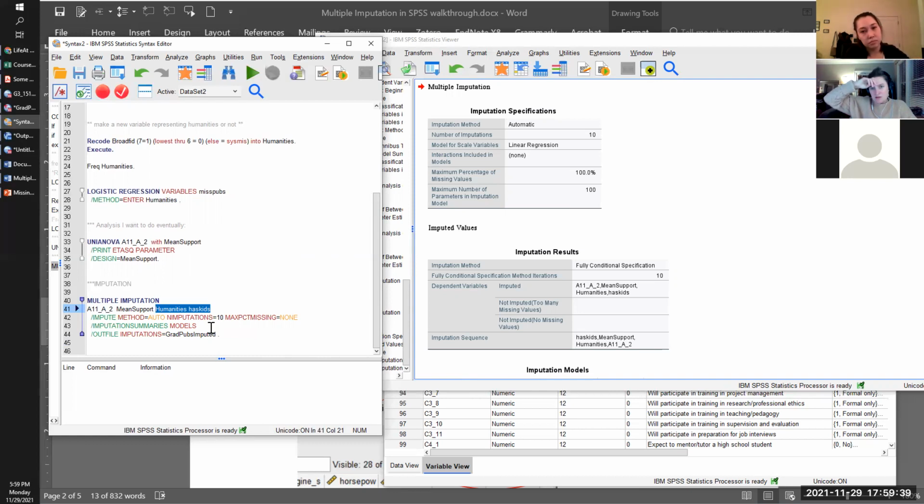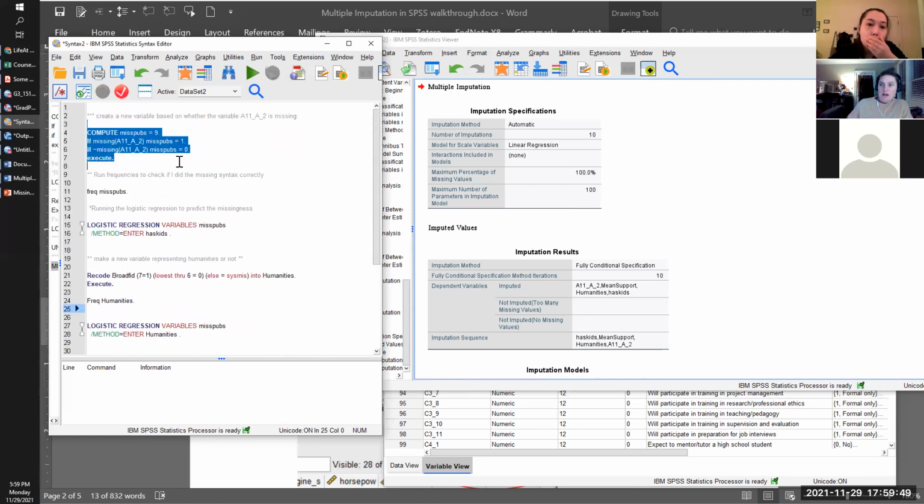But I'm still kind of confused about the part where you say you predicted missingness and then you predicted outcome. Mm-hmm. So when we're predicting the missingness, here I created this variable called "is it missing?" And then here I'm predicting whether it's missing. Remember on that